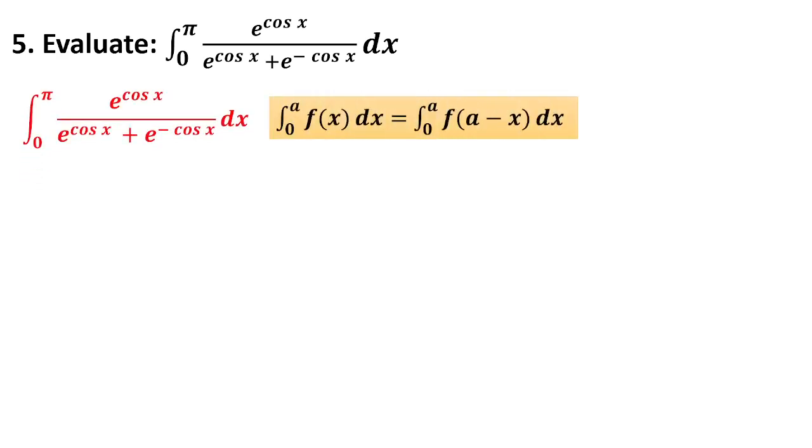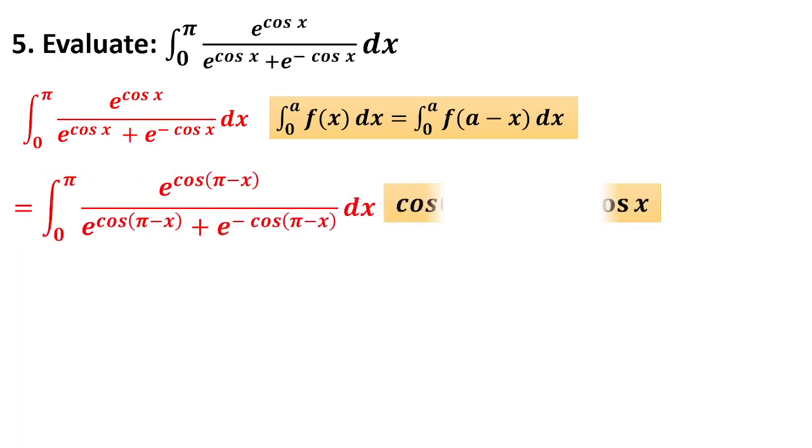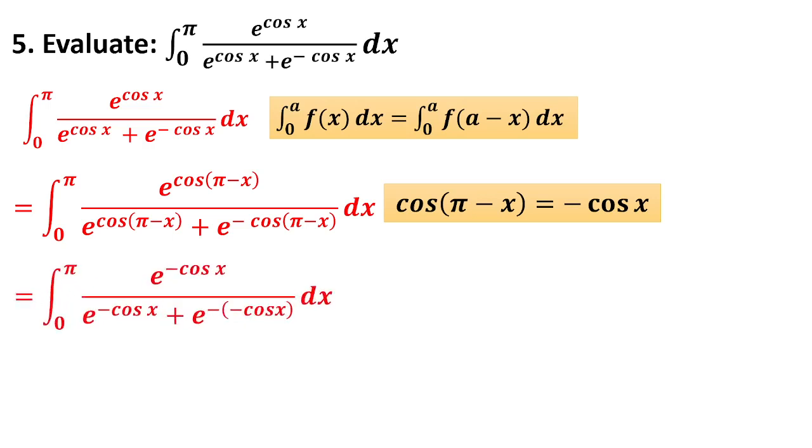Which property? Integral 0 to a f of x dx is integral 0 to a f of a minus x dx. Replace x by a minus x. In this problem, replace x by pi minus x. But now I have to know what cos of pi minus x is. It is minus cos x because it is in the second quadrant. I am applying it. Now I am getting e power minus cos x by e power minus cos x plus